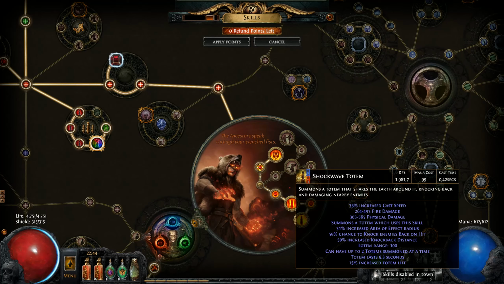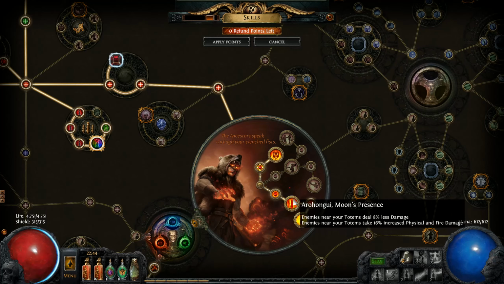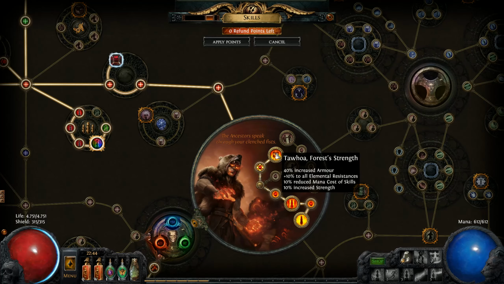On top of that, if you have your Shockwave Totem, the physical damage is gonna scale, and if you have an added fire damage for it, that's gonna scale as well. So monsters near it, they take more damage than is listed. So that's pretty cool. So for Merciless, I decided to take a Tawa